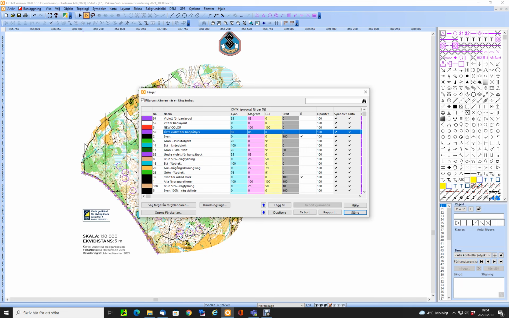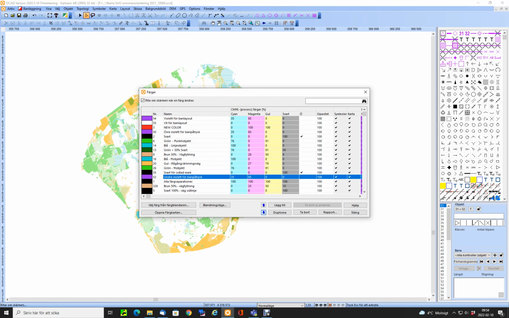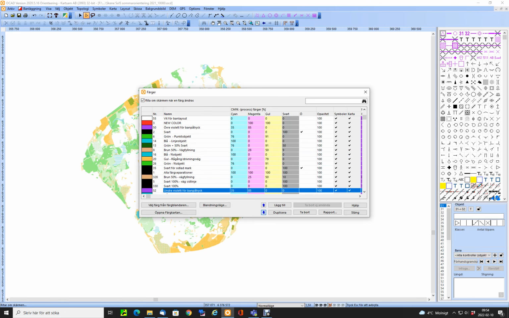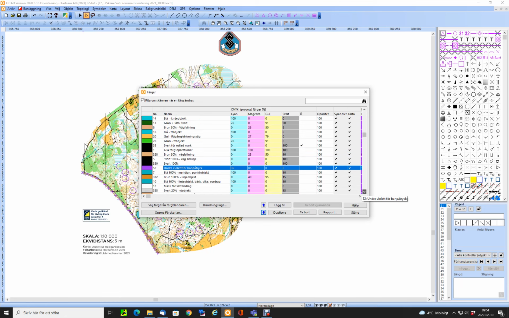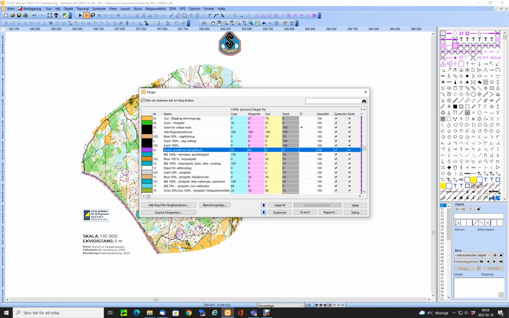Now we want to take this lower purple for course setting and take it down into the map. And we stop here. Now the lower course setting purple is below